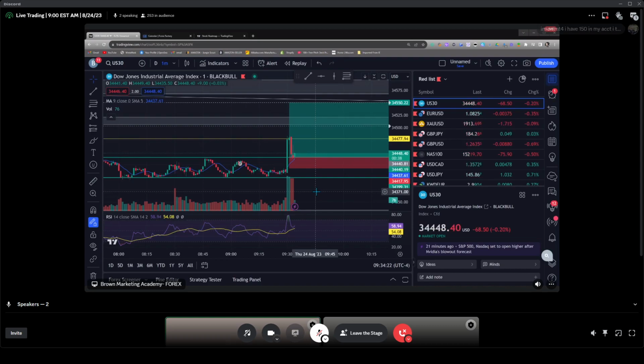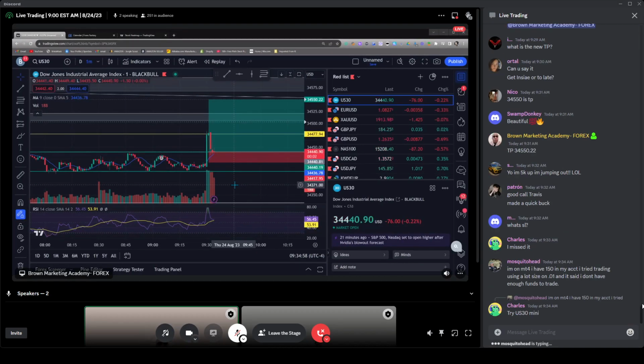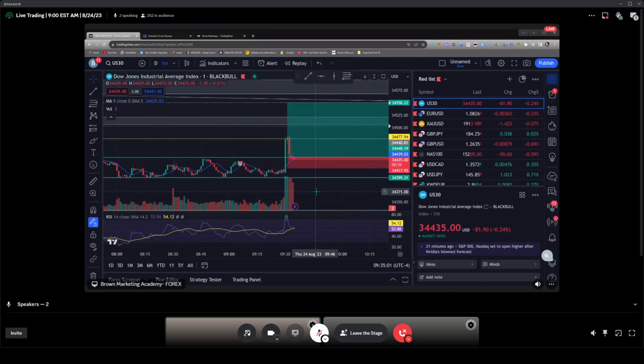Use mosquito head. Use US 30 mini. You're going to click on the... Give me 1 second. I'm looking at this chart here. Heavy selling pressure came in, but this might be a retest. But I don't know. There's some really, really big wicks to the top. Can somebody explain how to get US 30? Thanks, Charles. Yeah, explain to him how to get US 30 mini. Basically, you right click on any